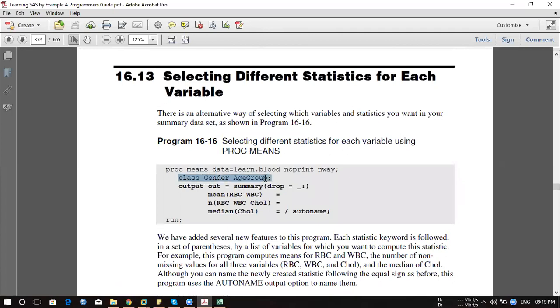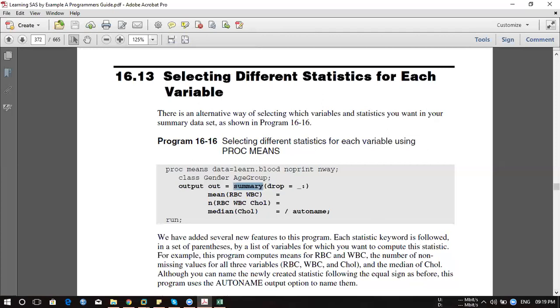You're defining in class only gender and age group. You're not defining variable, correct? Oh, अच्छा. Right. Output will be there for all those variables, but you're trying to create a new summary data set. In a summary data set, you want mean for RBC and WBC. You want N for RBC, WBC and CHUL calories, correct? Median for only. और ठीक है.